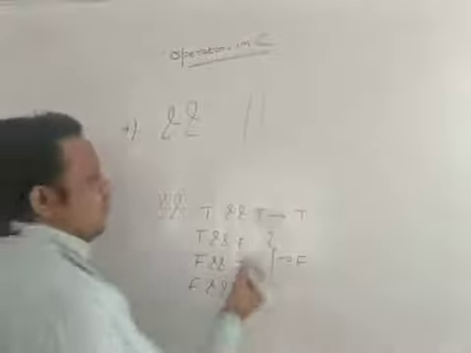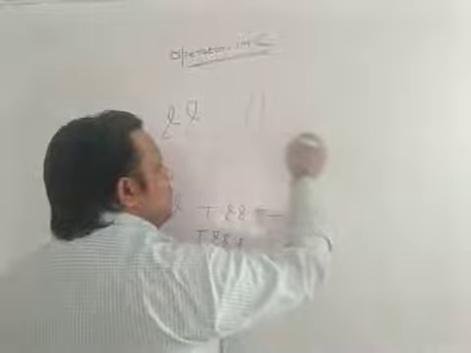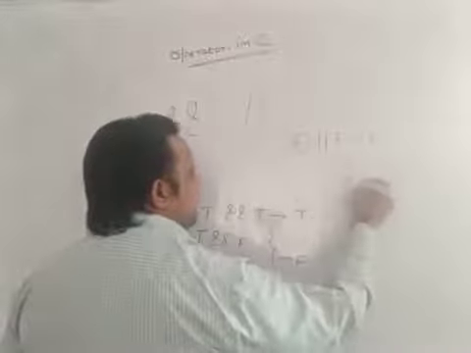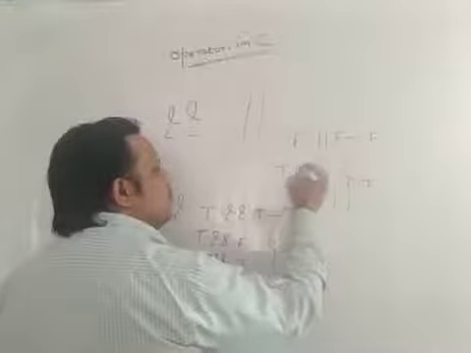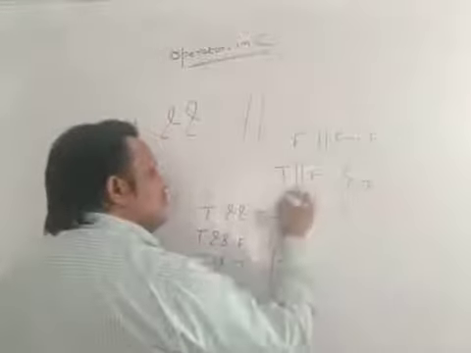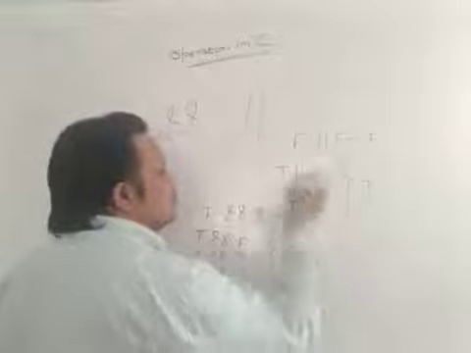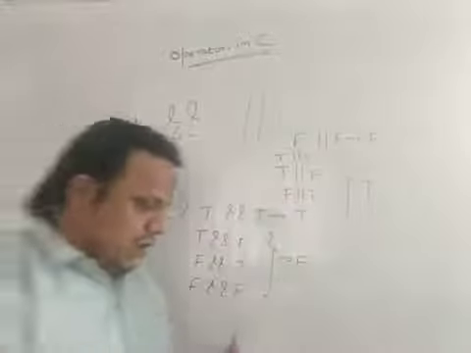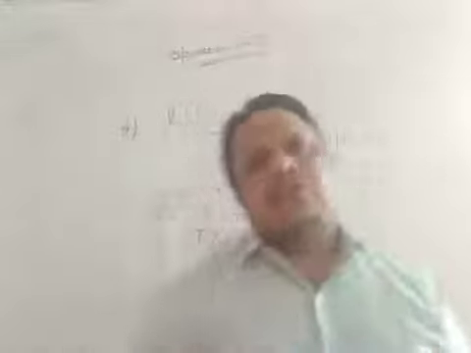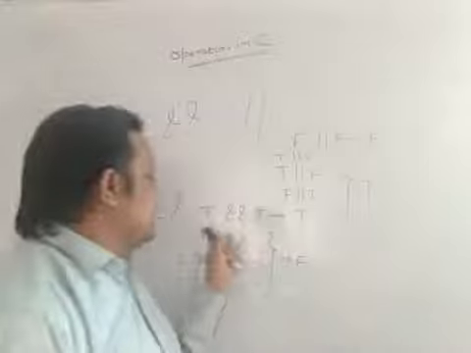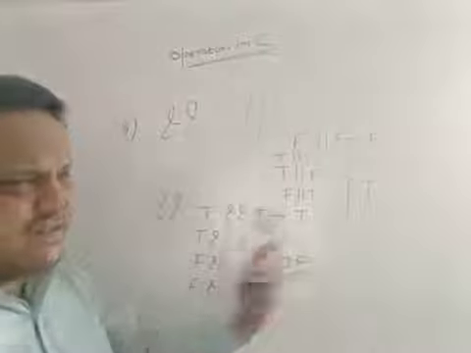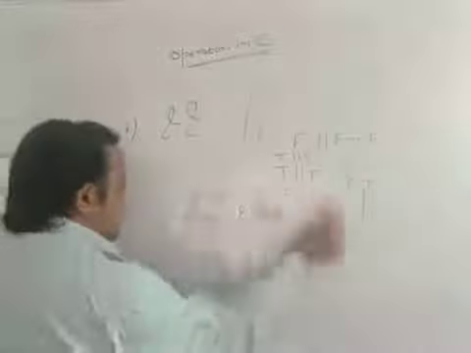And about OR, you can say that only false or false is false, and everything else is true, which means true or false is also true, false or true is also true, and true or true is true, right? So in OR, if both the statements are false, then you get the result false, otherwise it's true. And in logical AND, if both expressions are true, then only you get true, and everything else is false. This is a very common concept in AND and OR, right?